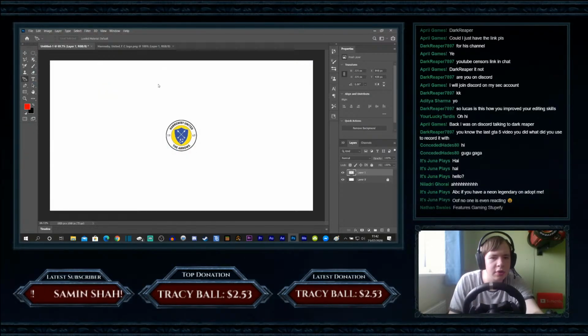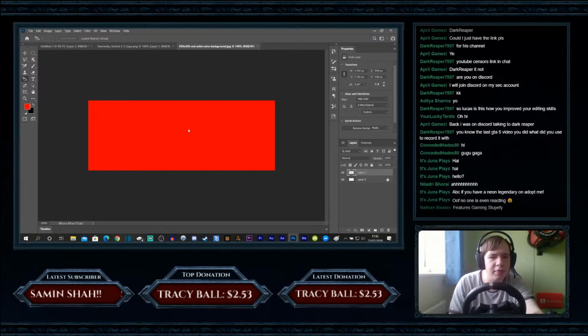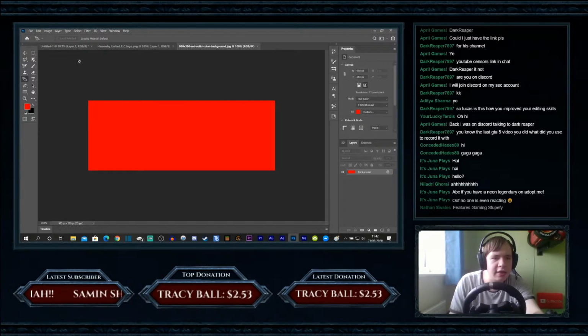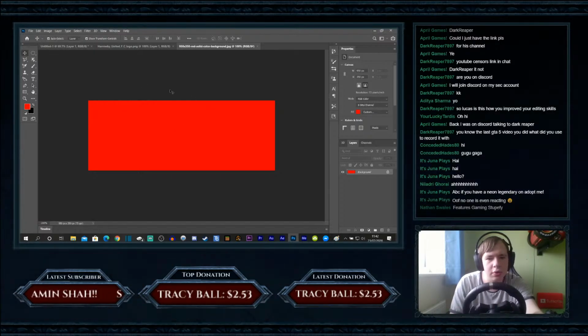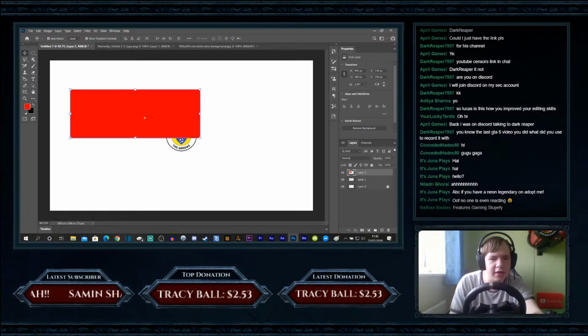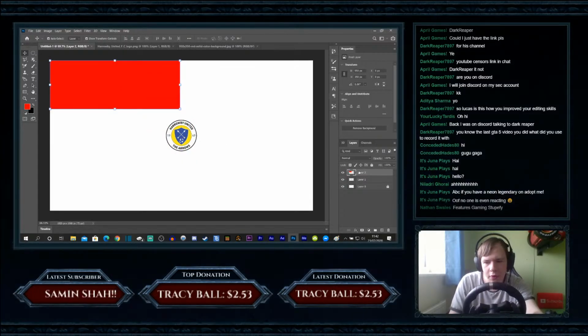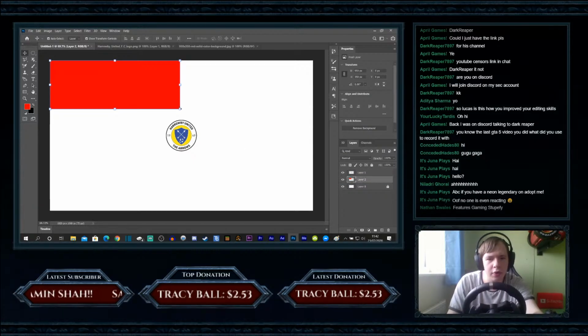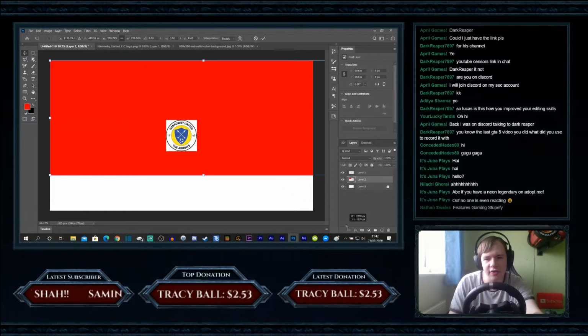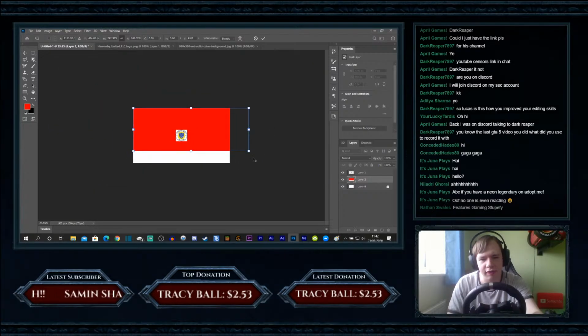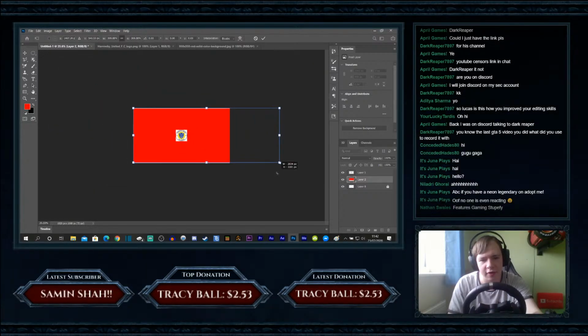Red solid. Should be there. There we go. Ooh, good. Bring that into... can I not? There we go. Bring that into here. Then bring that below layer 1. And then what this is going to do is, once we finally get it to fit to cover the whole of the screen, like that,